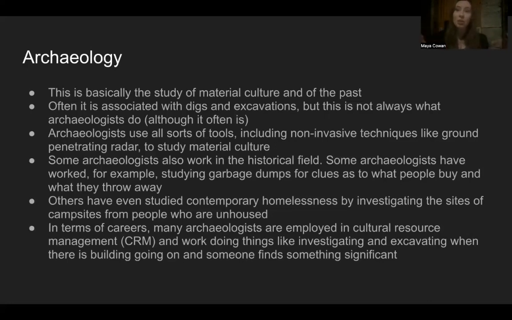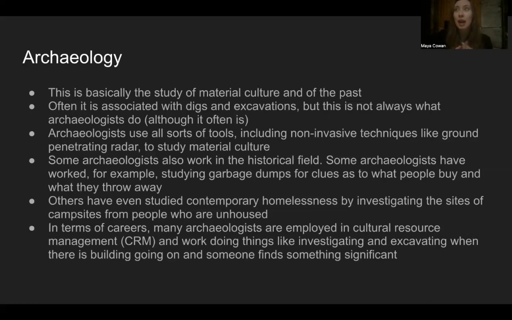So it's called garbology. Some archaeologists don't need to really study any sort of ancient human population or distant past human population. They might just go into your local garbage dump and do an excavation and look at what it is that people throw away. What did people throw away in the past? How is what we throw away different than what we threw away in the past? And what does that tell us about this population?